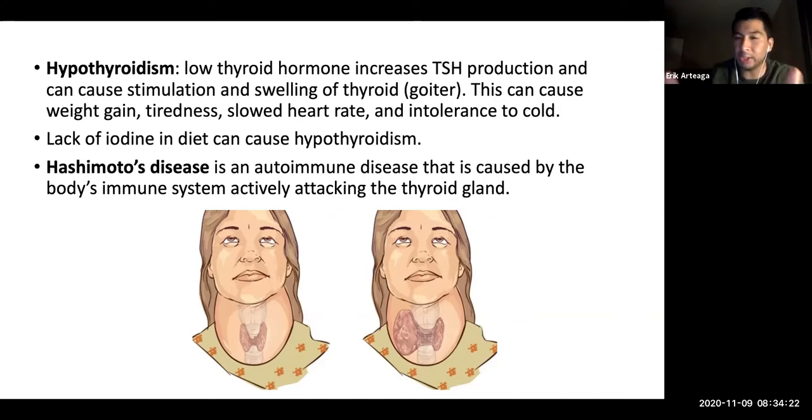Okay. So think of MS, with the myelin sheathing and the body attacking those cells that are surrounding the nerve tissue, right? So this is the exact same thing, right? The immune system is mediating a response to target your own organ system, your own thyroid, and it's essentially causing destruction of that tissue. All right.